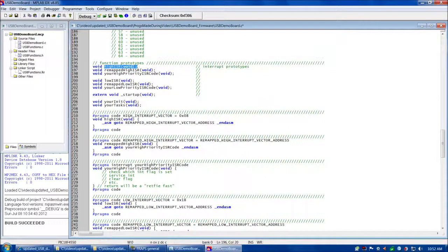So we're going to start with high ISR. Let's take the high priority interrupt to start with, for example. So high ISR, that's going to be at interrupt vector 8. And again, that's part of the 18F4550 hardware, that the high priority interrupt has to be at address 8. And then that's going to have this assembly statement that's going to jump to remapped high interrupt vector address, which is going to jump down here. And then that's going to have one assembly statement in it that's going to jump to your high priority ISR